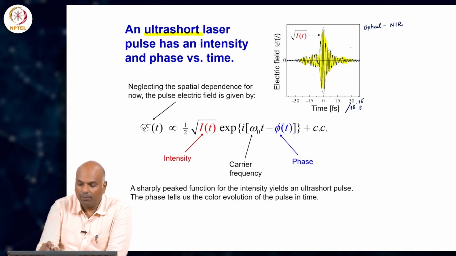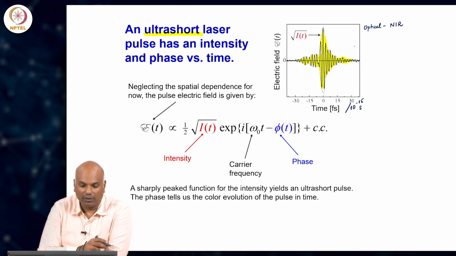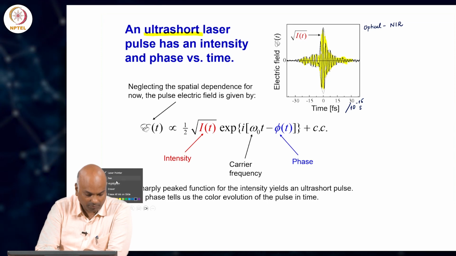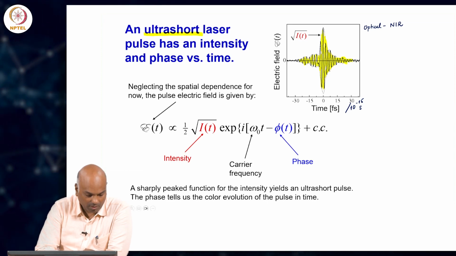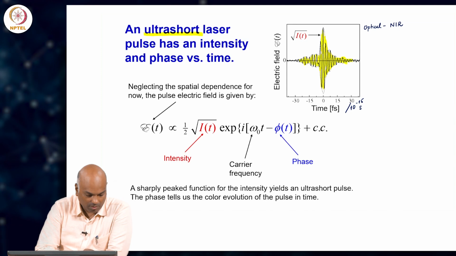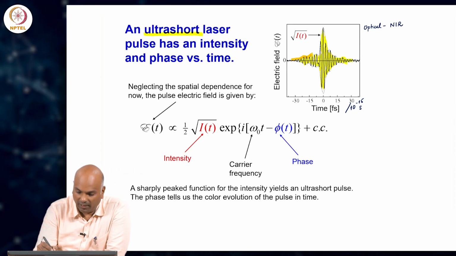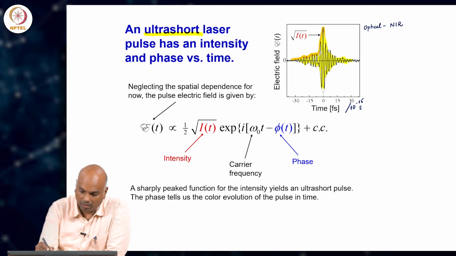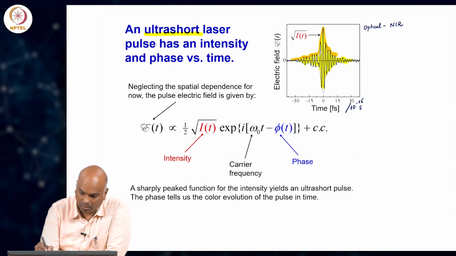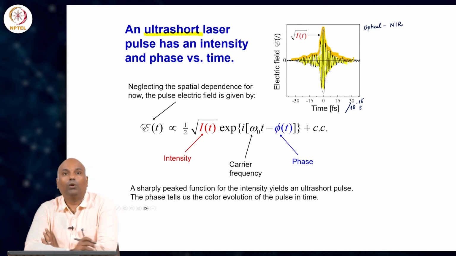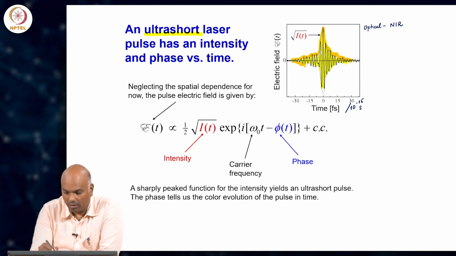Now, the envelope of the pulse has a certain functional form. This envelope here is the envelope of the electric field. All right. The orange envelope is the envelope of the electric field,